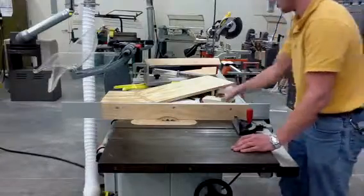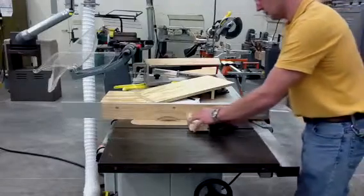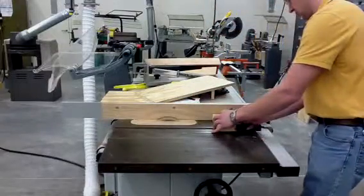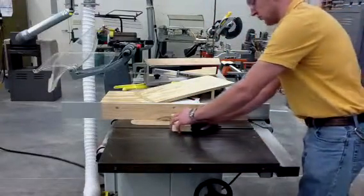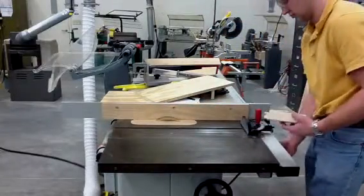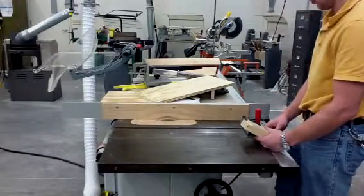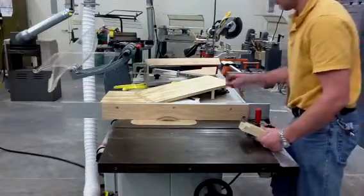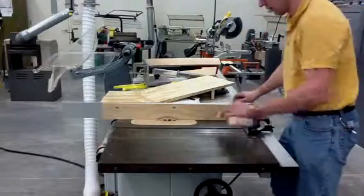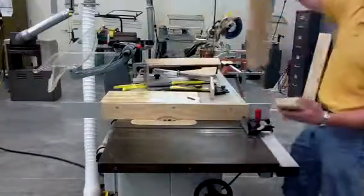Again, checking to make sure it's tight. Go ahead and make another pass. So I'll double check the height of my blade, and that's good there. So again, the height deals with how much material is removed. And then I'm going to grab my